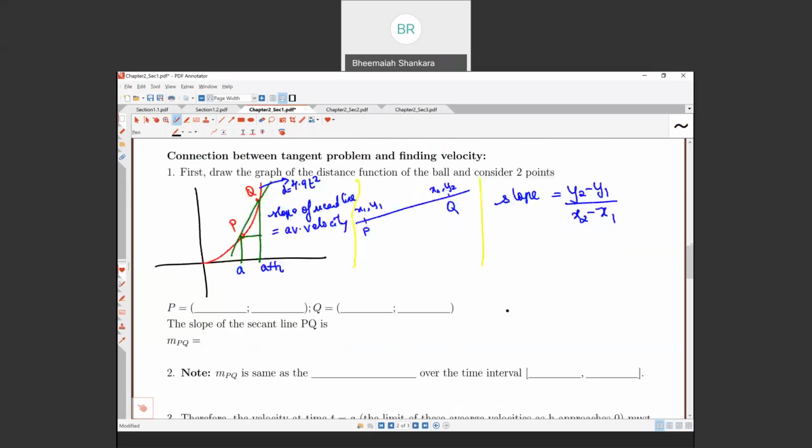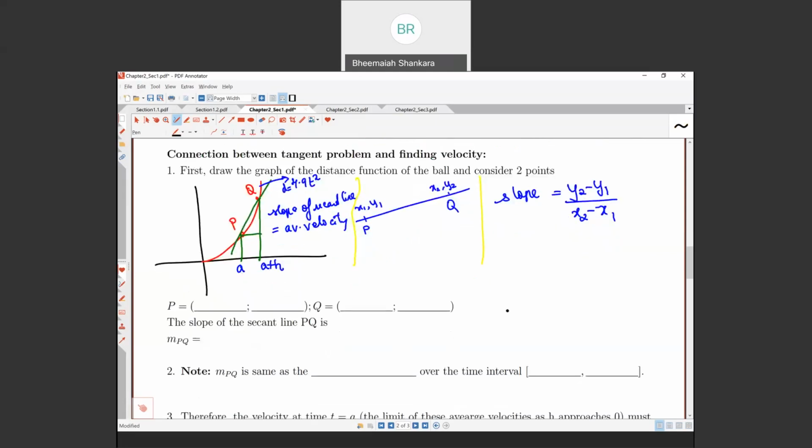I want you to also name the coordinates here. Coordinate P is a, 4.9 a square, and coordinate Q is a plus h, the coordinate which is moved, and it's 4.9 (a plus h) square. So when you calculate the second set of coordinates in this P and Q,